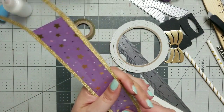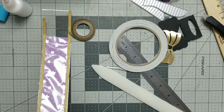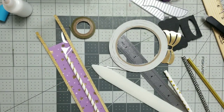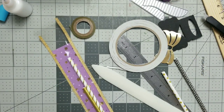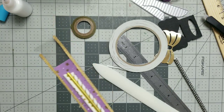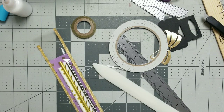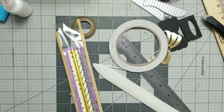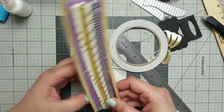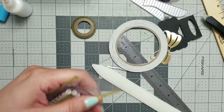I'm just sliding my piece of paper in there. And then I will take my straws right here and put them in there as well. And I might just go with 3. I don't know. I was thinking, should I put the black one in there? How is this going to look? There is black in my crafts. I like black, actually. So all we do is just to put the flap back on. And we have this part, and I don't need the whole part. That's why there is not enough